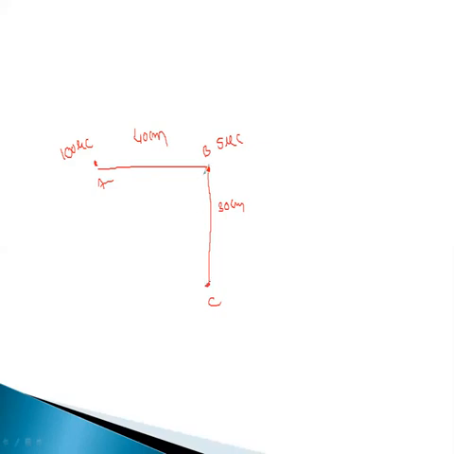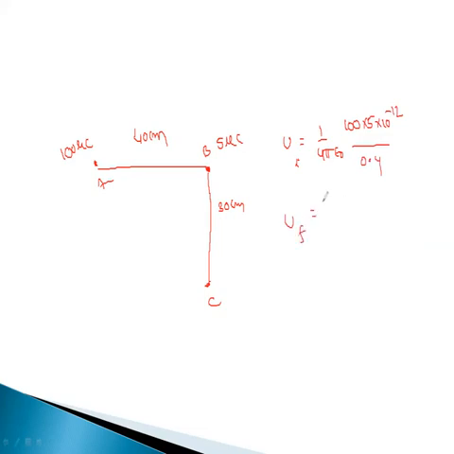So in the first case, the charges are at these two positions. In the second case, the charges are at A and C. In both cases, if you take the potential energy, the difference of potential energy indicates the work done in the process. So first I will calculate the initial potential energy. Initially, what is the potential energy? 1 by 4 pi epsilon naught Q1 Q2 by R. That is 100 into 5 into 10 power minus 12, divided by the distance, which is 40 centimeters, that is 0.4 meters.